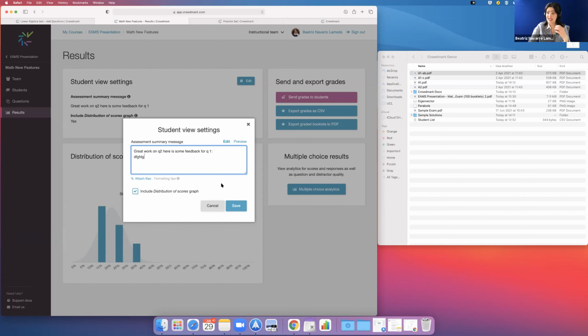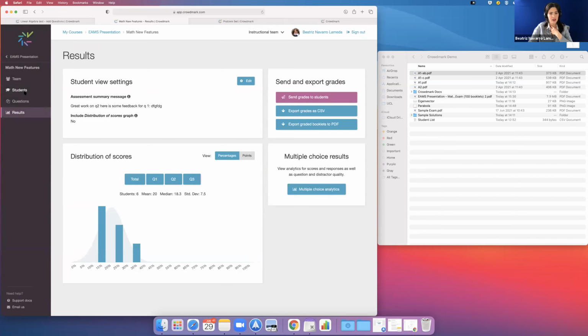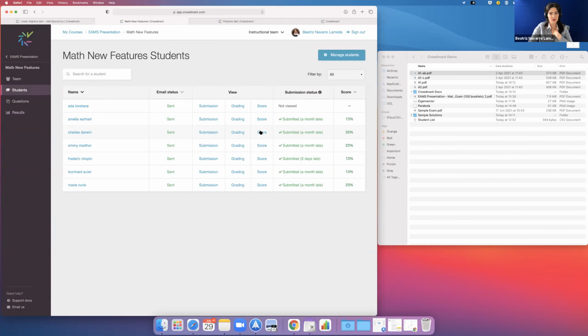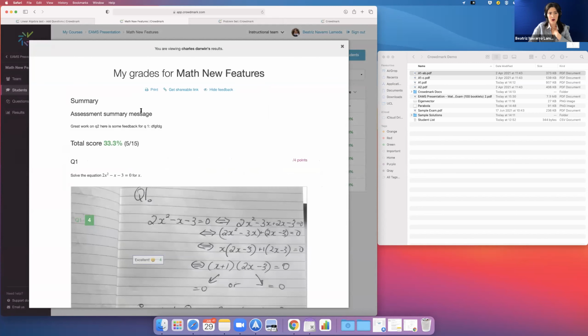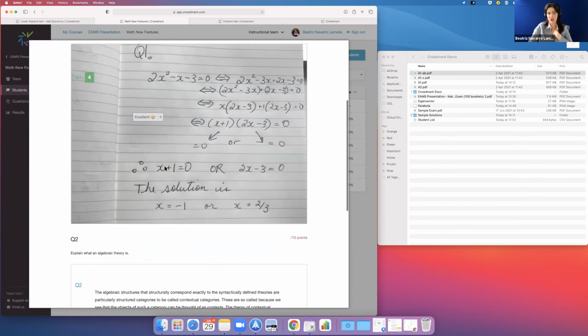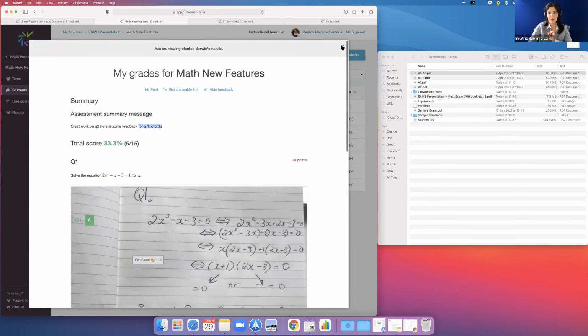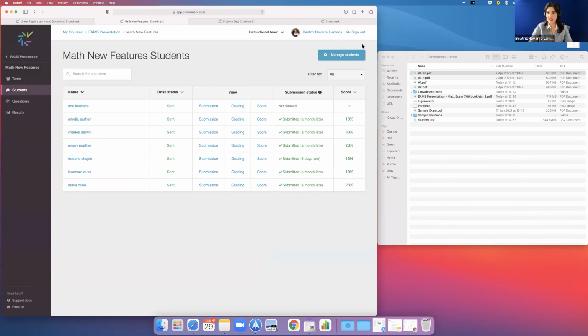Now students will see this message at the top of their submission. So this is a way for you to send feedback to all the students at once. And if you don't want to include the grade distribution, you click here and it will disappear. So I'll show you again. If I go to the score page for the student, now this updated the message and the grade distribution is gone. Okay, so I would say that's it for my presentation, and for the next 20 minutes or so, I would like us to really...